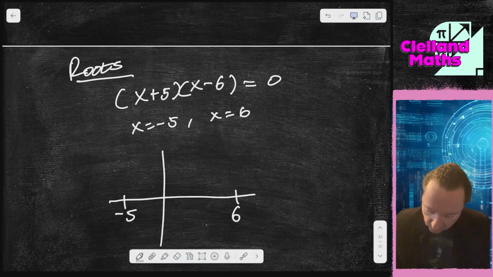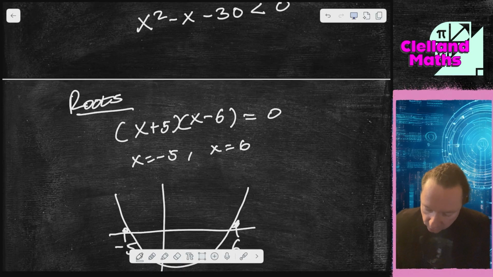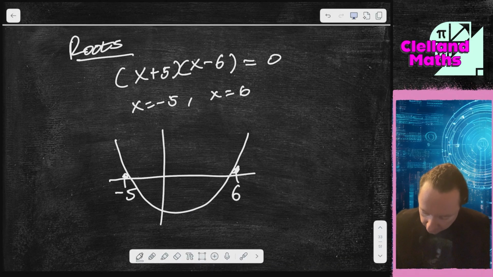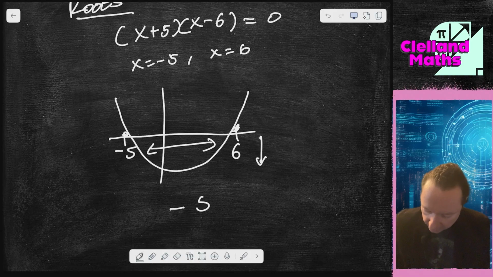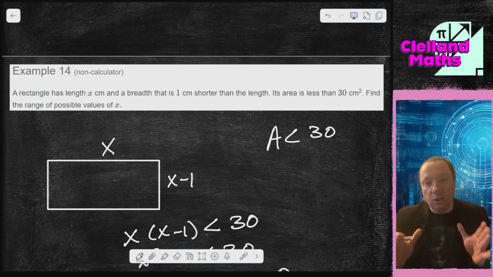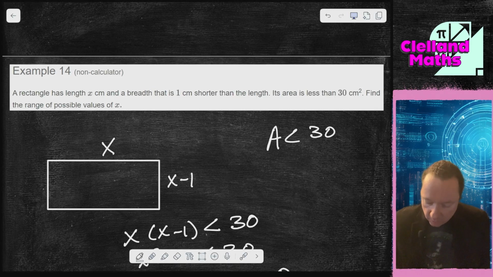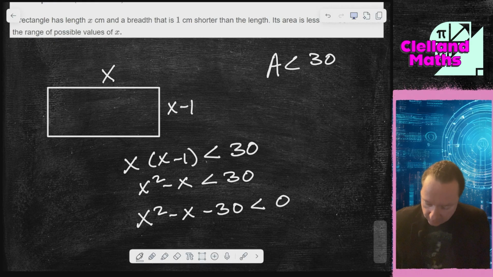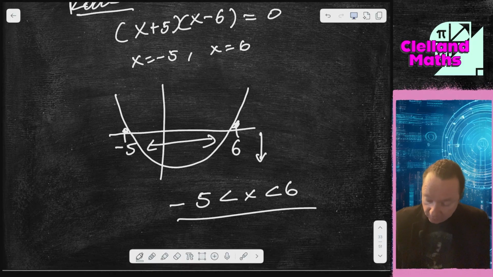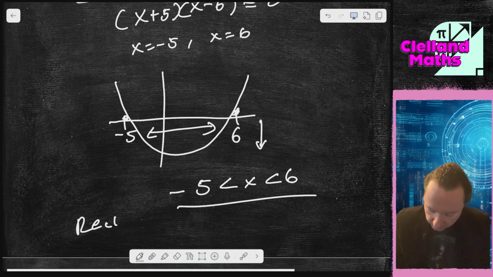It is a positive x squared. So we're going down and up. Wee quick sketch, and it's less than 0 this time. So we're stuck under the x-axis in between. So we can just say that minus 5 is less than x is less than 6. And we're done there. However, this is an actual rectangle. Whenever you're doing a geometric problem, you need to think, does the answer make sense? Well, since it's a rectangle, you can't have a negative length. So in actual fact, since that is our actual solution for the quadratic inequality, but for our rectangle, we would